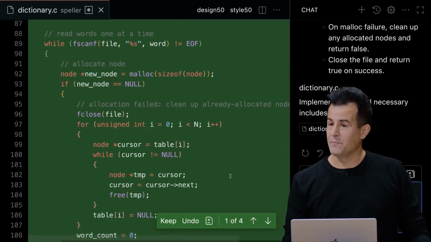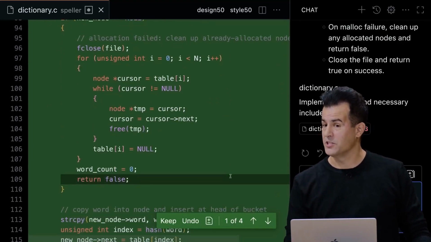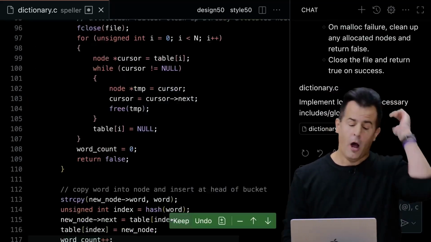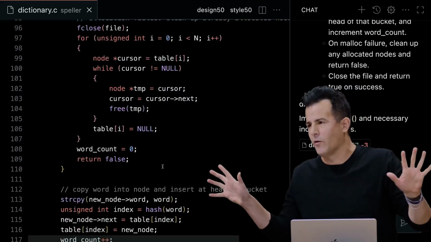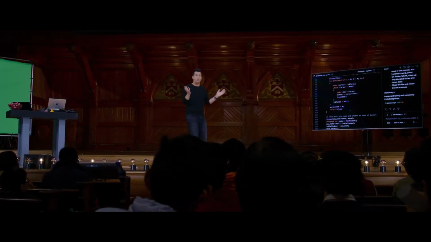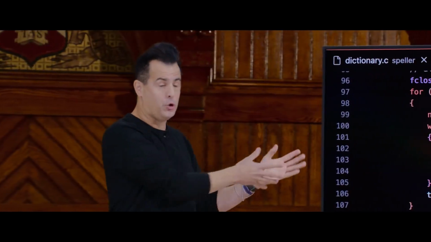And I dare say I've been talking for far fewer minutes than CS50 students spent actually coding the solution from scratch to this problem. So I'll go ahead and click keep. I'll assume that it's correct, but that's actually quite a big assumption. And those of you wondering, like, why have we been learning all this if I could just ask in English for it to do my homework for me?